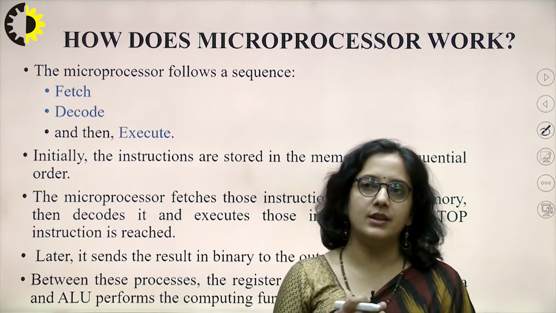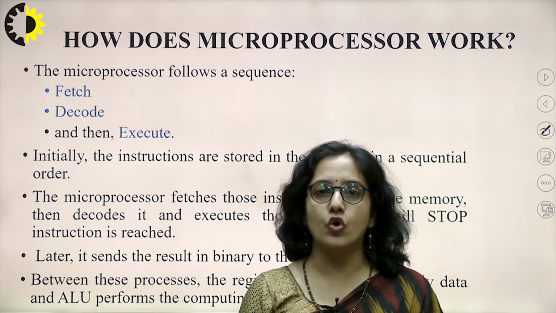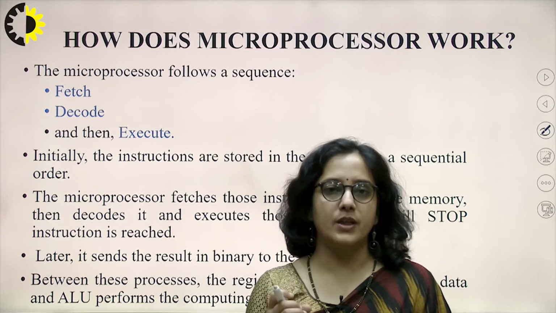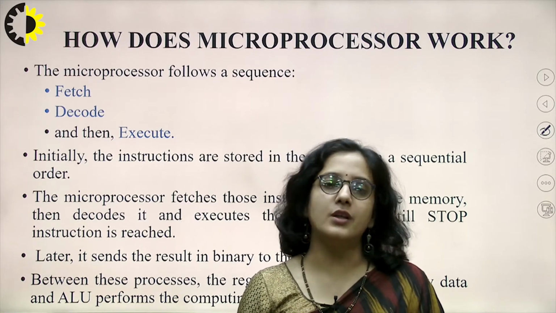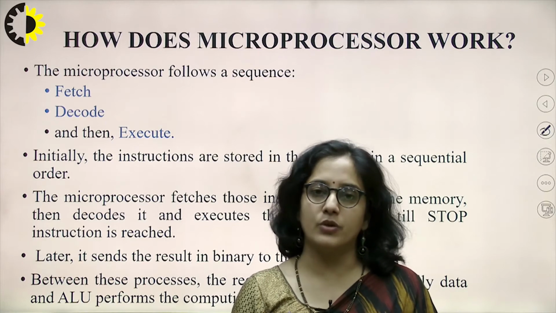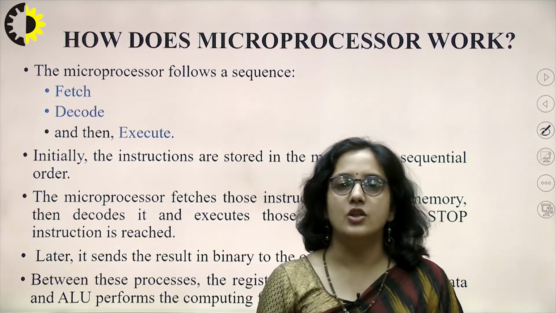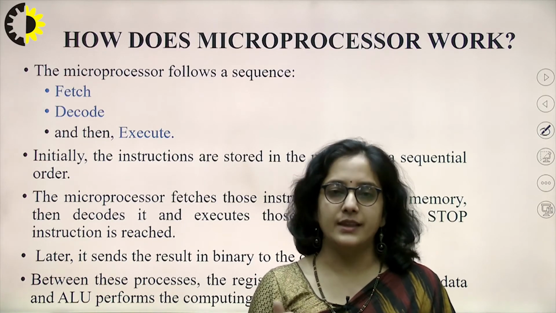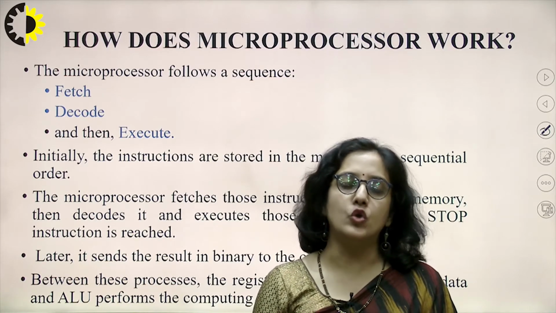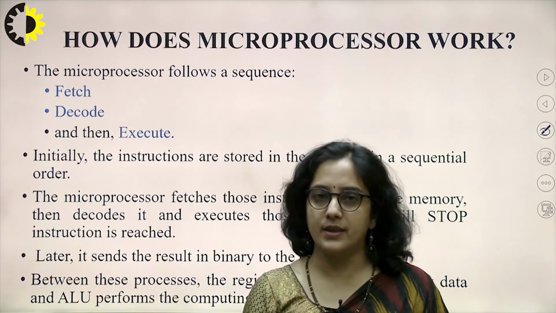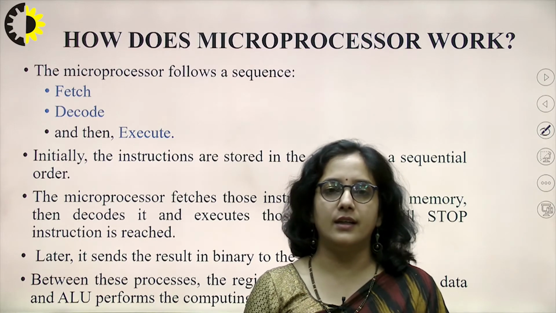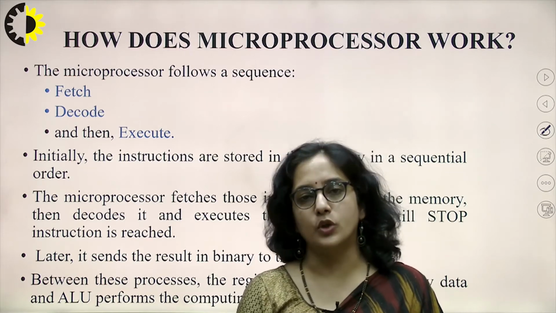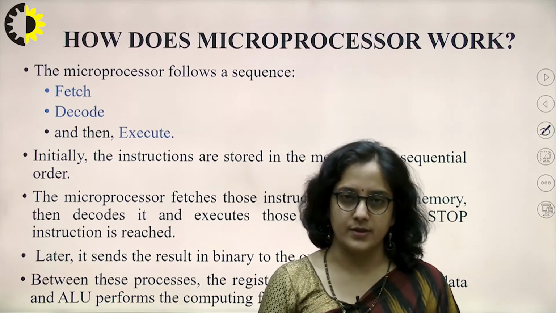Whatever data the microprocessor stores in itself in the registers is temporarily stored in the microprocessor. So, if we want that data for further application, then in our program we have to write some instruction so that the data gets copied into the memory for future use. Otherwise, that data can be lost, because the data stored in the microprocessor is temporary. It will be stored only as long as the supply is with the microprocessor. So, we need a memory and an input output device to communicate with the microprocessor.